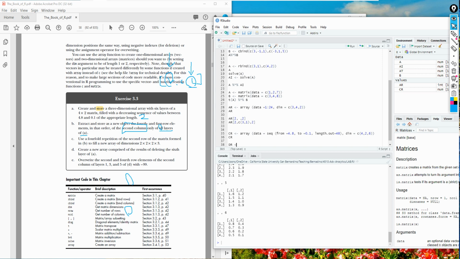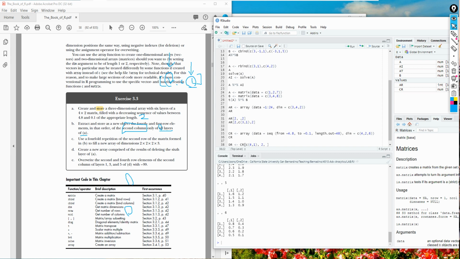We need to store it, and then cr, the one that we used, because they said from A. So cr, and then the fourth and first row, and then second column, and of all layers, so the layer index should be empty, right? So pretty much that's it.